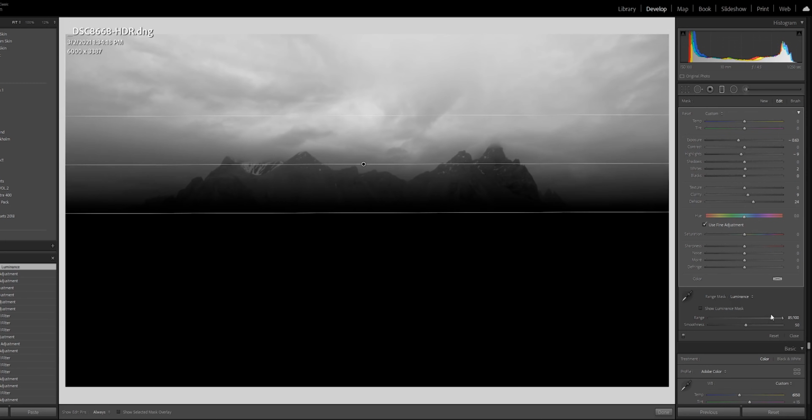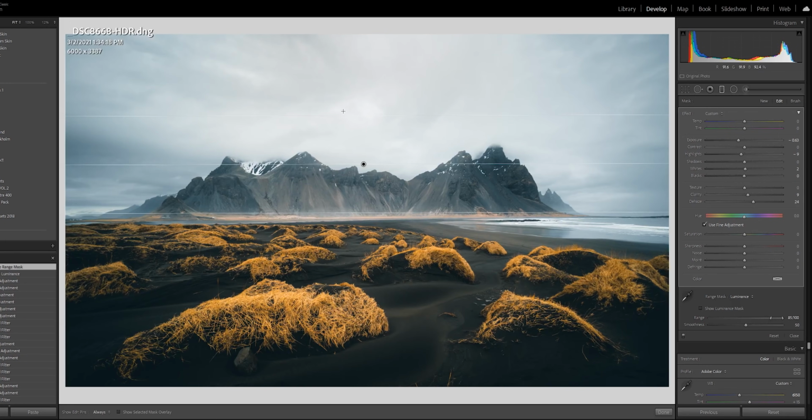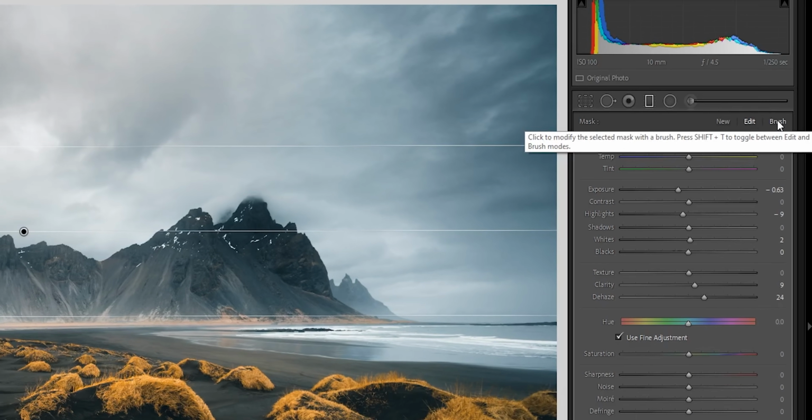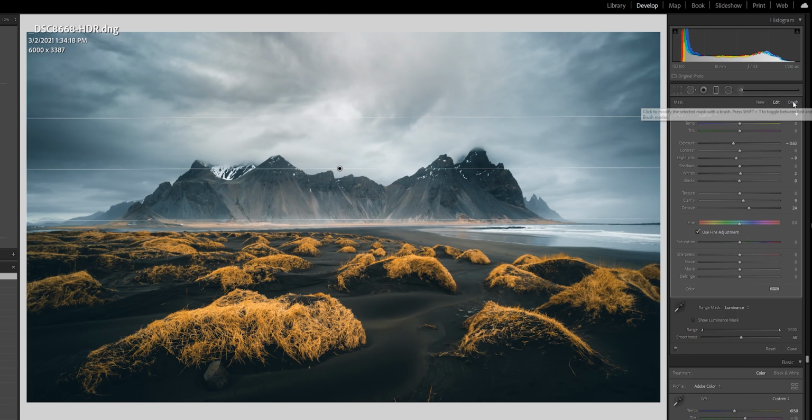However, it's not going to affect the sky that much either now. So there is another way that I prefer in these situations. So let's reset this, and then we go down to the brush. And this is fantastic. So when you're working with gradient filters, you can always brush out things that you would